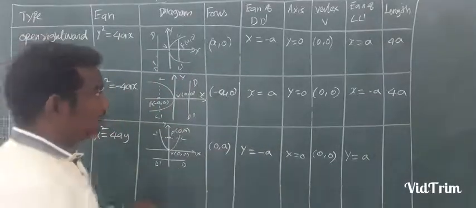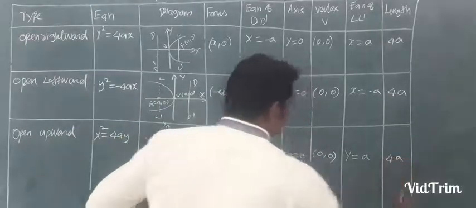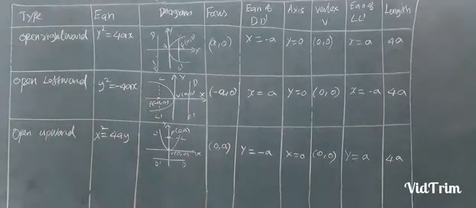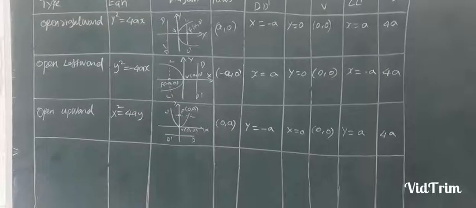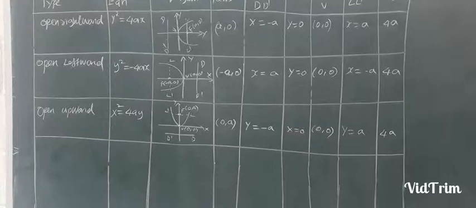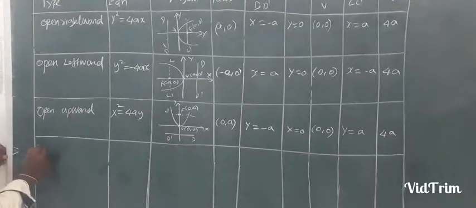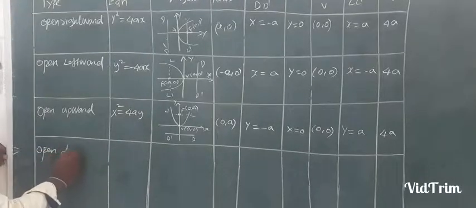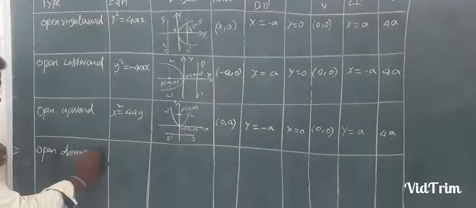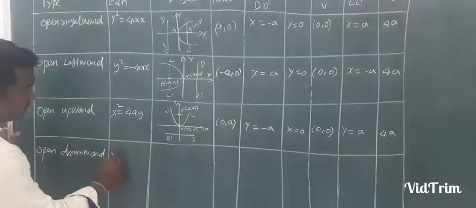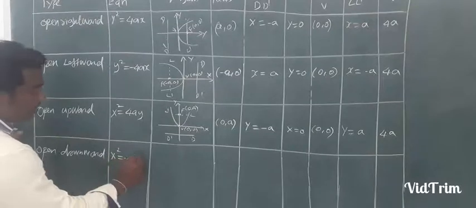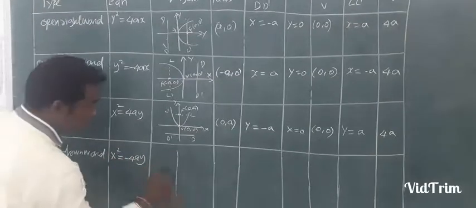And next, the length is 4a, the same thing. We have to note that the length never changes. The last type is the parabola opening downward. The equation is x squared equal to minus 4ay. The diagram is